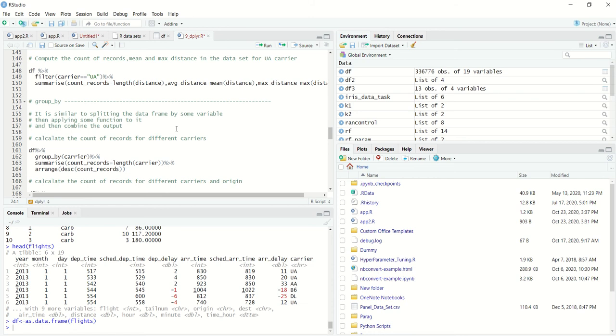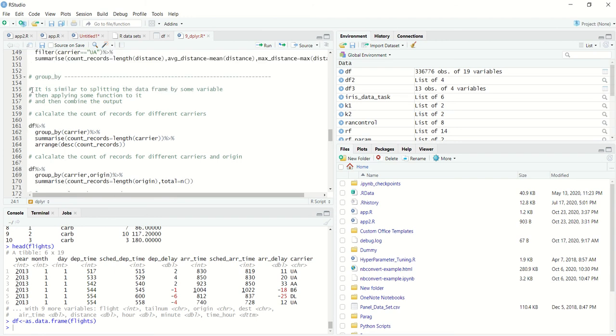Now in this video we will look at another important function within dplyr, which is the group by function. Folks who are familiar with the SQL language would know what a group by is, but just to create some context, let's say I want some information at a carrier level. Let's say I want to know the number of records at a carrier level, or the mean arrival time or mean departure time at a carrier level. Then I can use a group by. It will give me summaries at a prescribed group variable. We'll see what exactly it is in the next couple of examples.